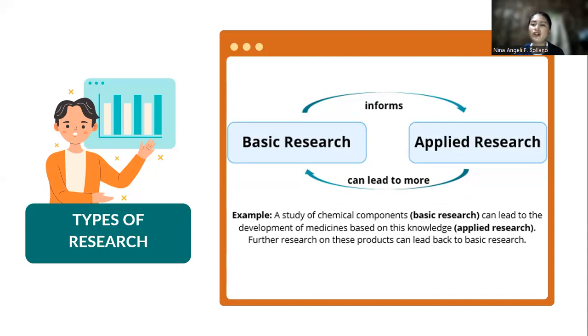And you want to have your own brand of vitamins. So the first thing you do is to study chemical components. So that is a basic research. So you are going to study what chemical component should be, or what chemical component you are going to use. And later on,